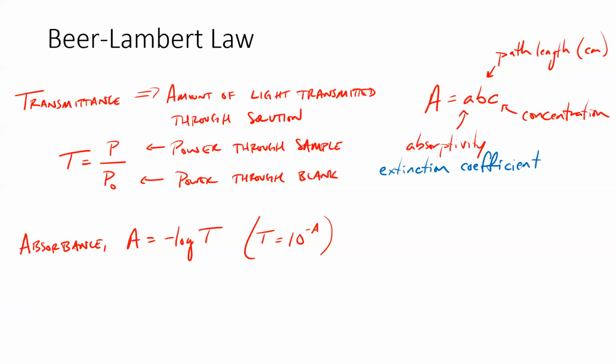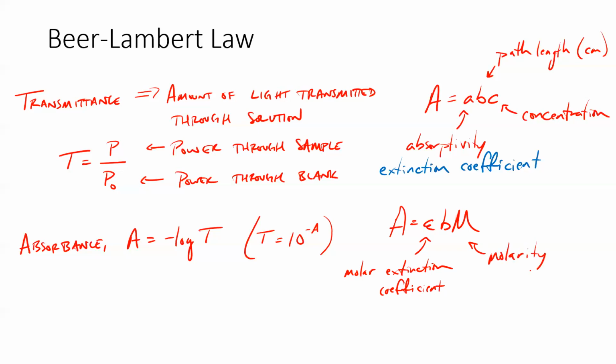It rolls in the fact that not all of the light that's lost is absorbed, some of it is scattered, and so it takes into account those other processes, other than absorption, that are occurring in the sample. The one that we are used to seeing, of course, is A equals epsilon b c, where epsilon is our molar absorptivity, or I'm going to say our molar extinction coefficient. b is again our path length, and then because we're talking about molar extinction coefficient, c has to be